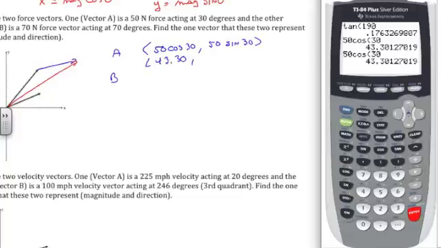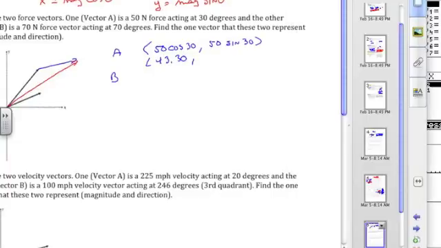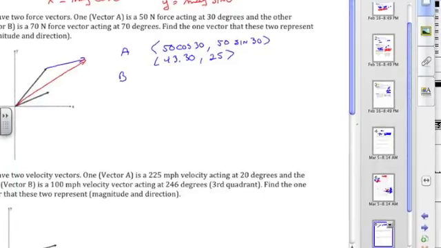And the only thing I have to do is do the same thing, 50 sine of 30. And that's 25, which is kind of expected. If you think about your 30, 60, 90 triangles, it should be half the hypotenuse, so 25. So there's the one. Now for the second one, it's got 70 as the magnitude, and the degrees is also